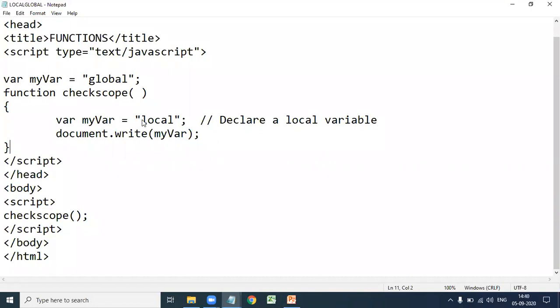The local variable takes precedence over the global variable. So it prints the output document.write myWhere, and myWhere is the local. So the output of this program is the local.